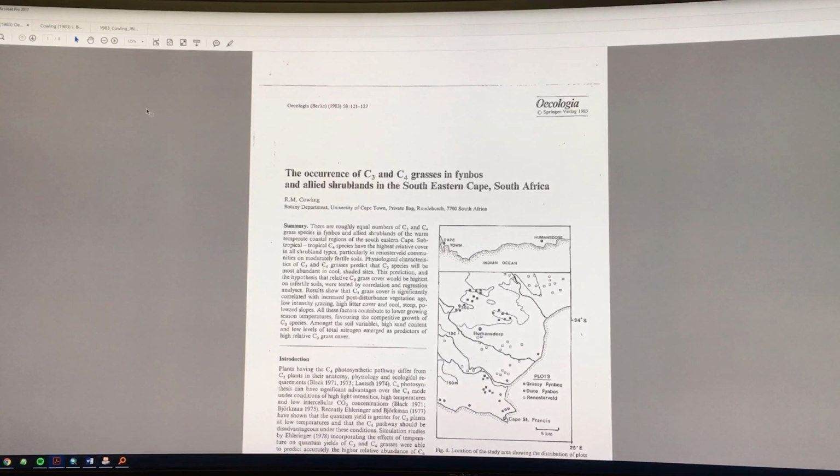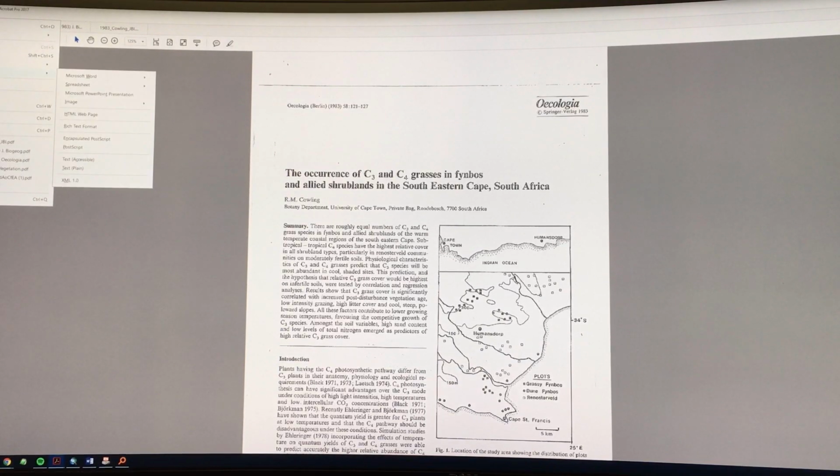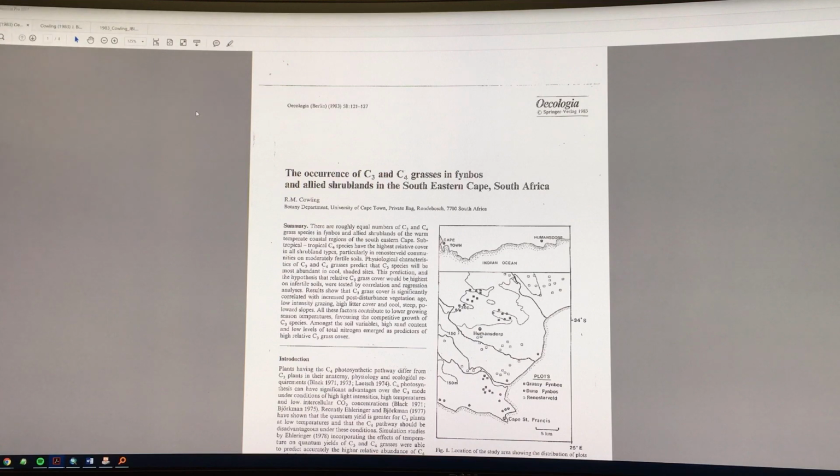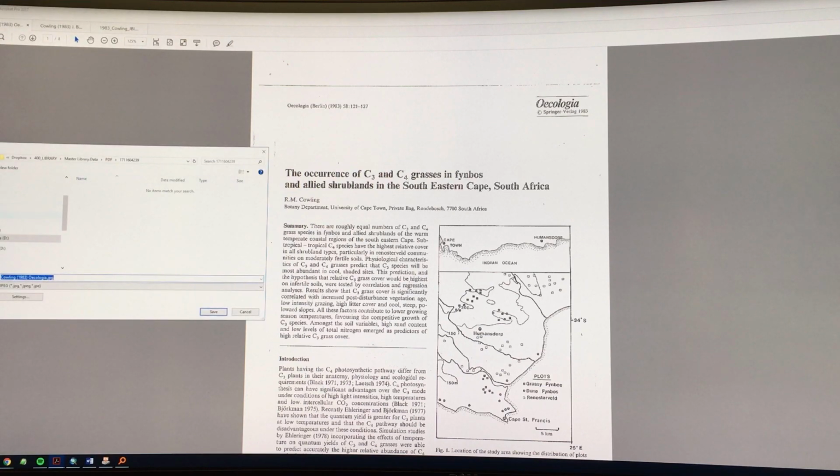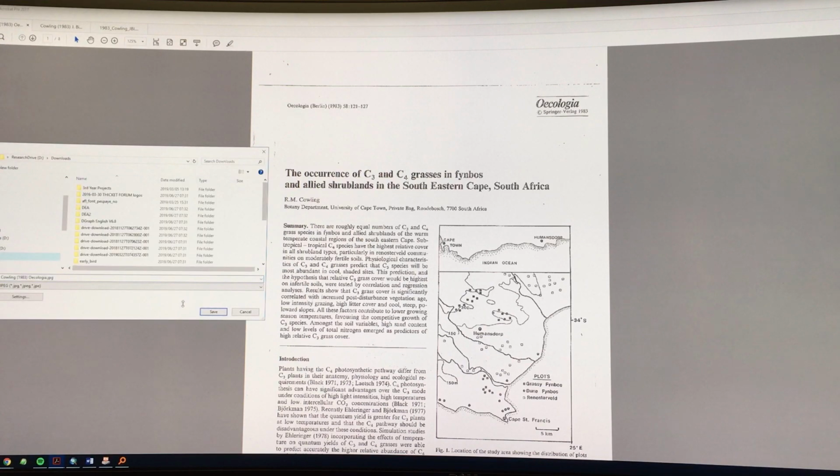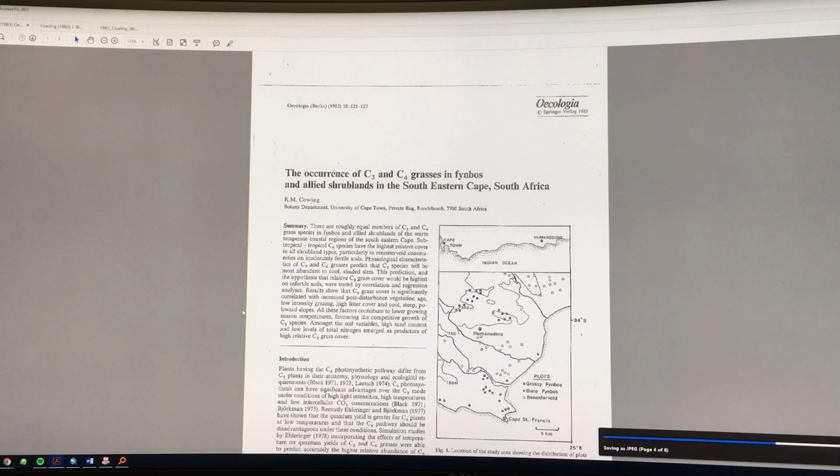So here's one that I've read recently. In Adobe Acrobat Reader, there's a file export to image option. So I just export all of these images to a temporary spot,